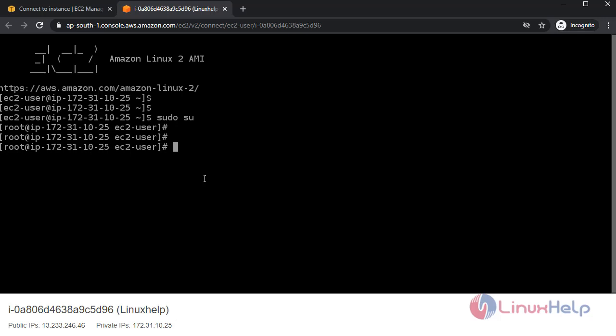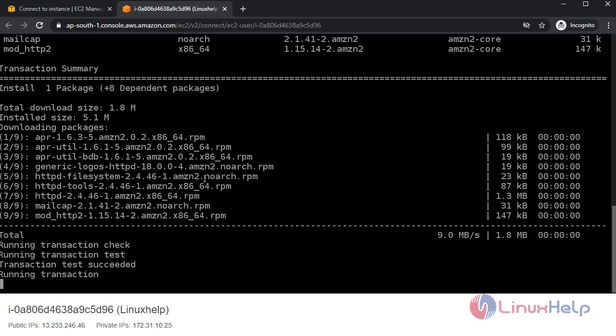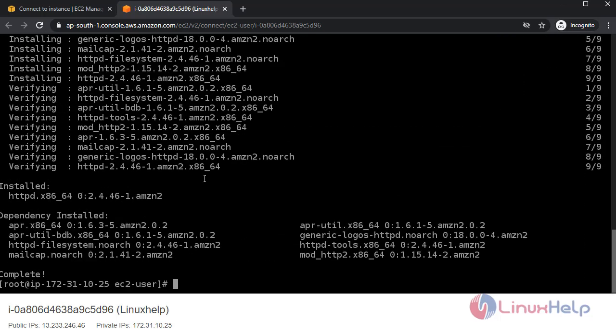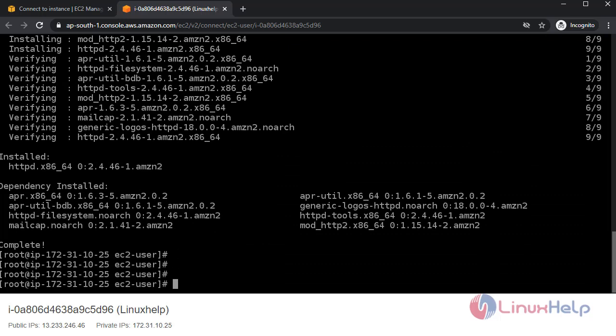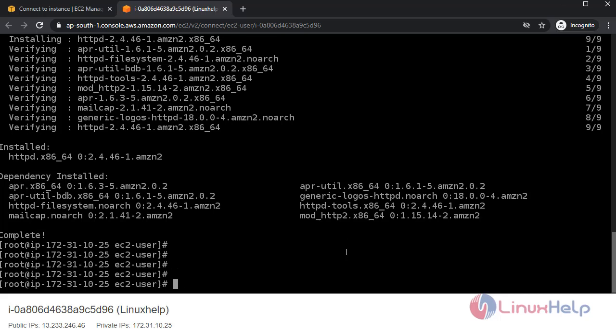In here, I am going to install a web server. Type the following command. Once installation is completed, start the web server by using the following command.